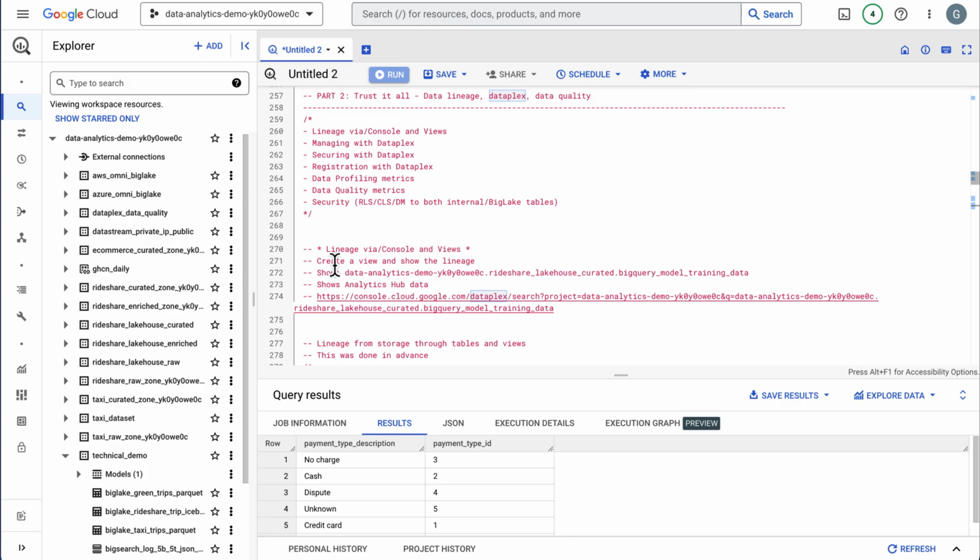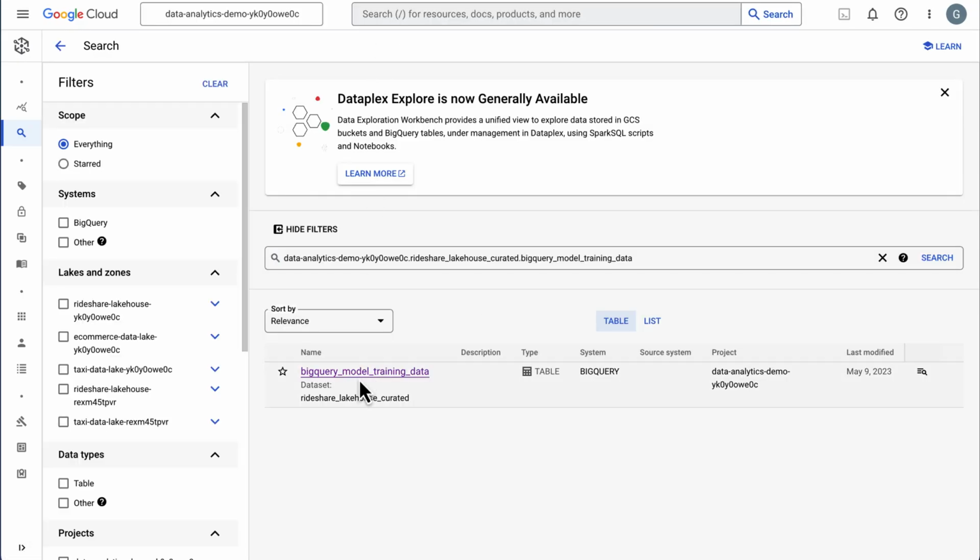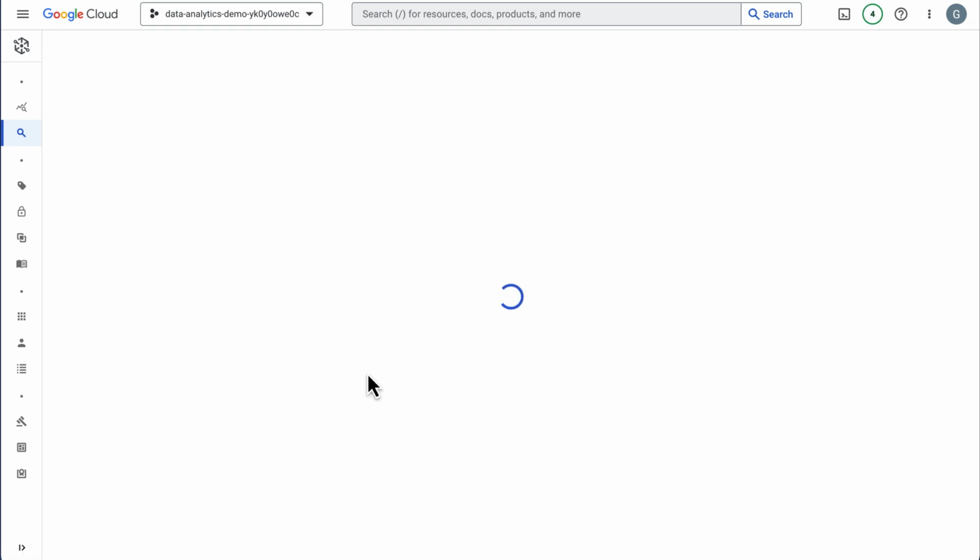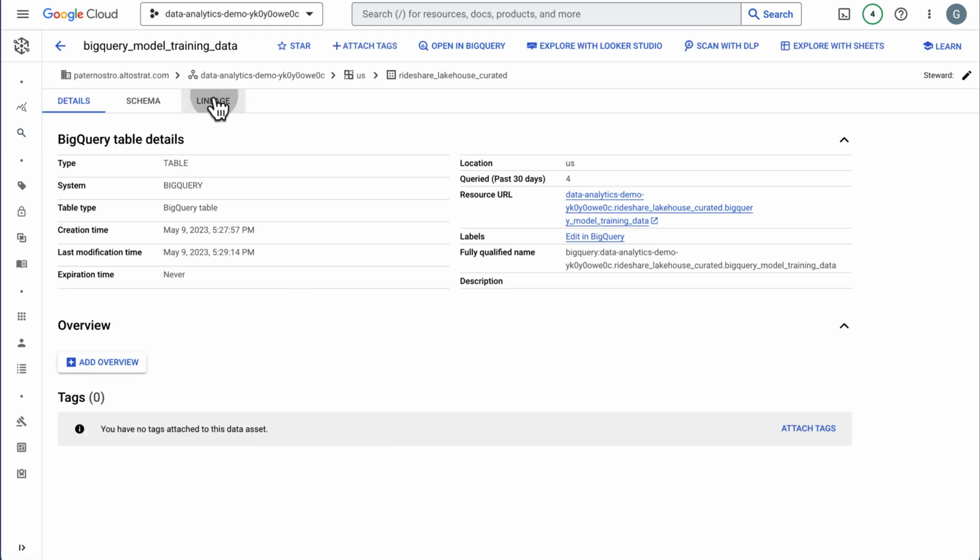The first piece is data lineage. Customers have been asking for data lineage, and within BigQuery, you get data lineage free every time you run a SQL statement. So let's take a look at how this looks. We're going to go over to our data catalog, and within data catalog, we have a table, and we want to see the lineage of this table. So you can click on the lineage